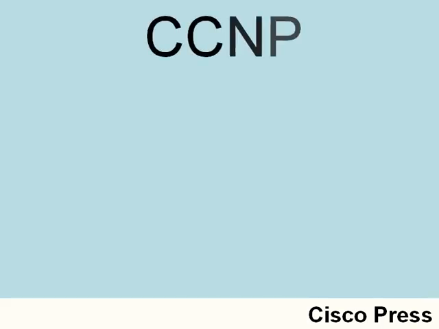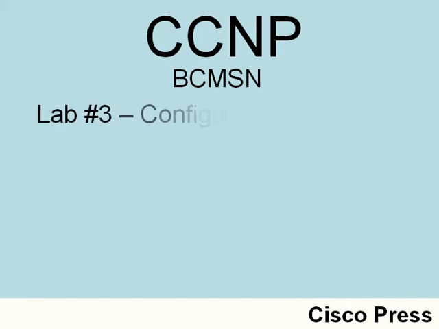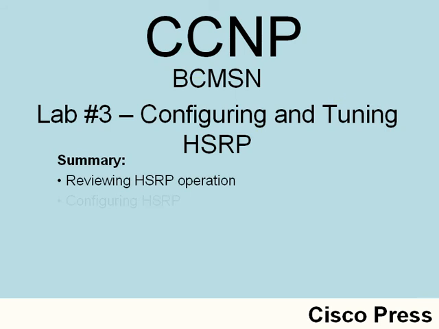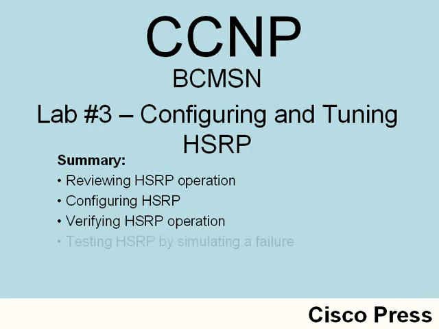Let's review where we have been in this lab. In BCMSN lab number 3, we took a look at how HSRP, the hot standby router protocol, could help provide redundancy, perhaps for a PC pointing to a default gateway. We reviewed the operation of HSRP. We took a look at the configuration commands to set it up. We used a series of standby commands. We verified HSRP operation with the show standby command, and we even simulated a failure by unplugging a cable from